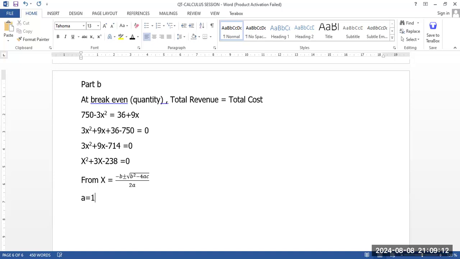Your a is equal to 1. Then your b is equal to 3. Your c is equal to negative 238. Colleagues, substitute and tell me. So x is equal to, when you substitute,